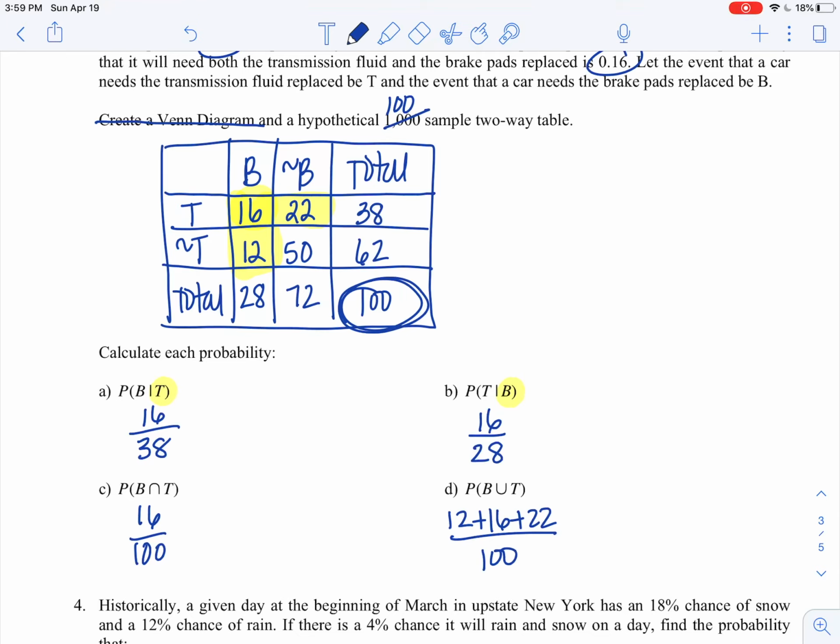Just remember, focus on the word given. The word given tells you the specific row or column to focus on. Your denominator is now the total for that row or column. And then again, you choose whatever the required